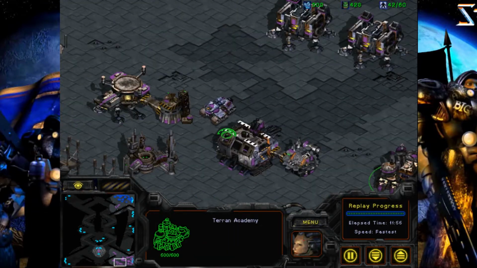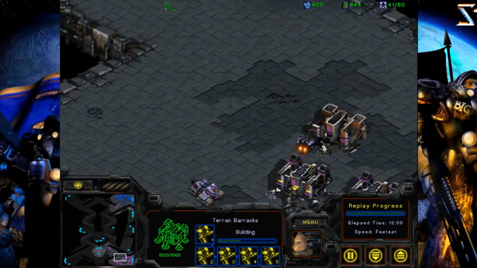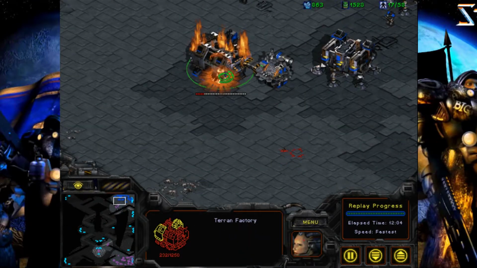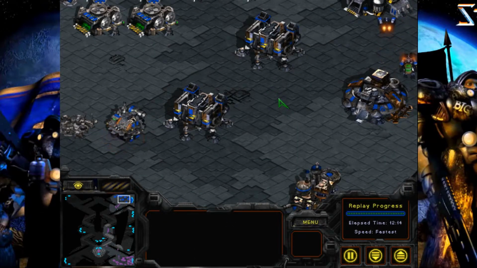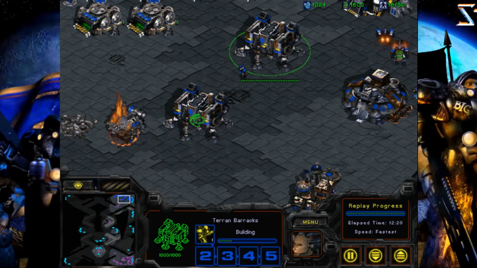Don't know if I got the range upgrade. Another one. There you go. There's the Wraith finally popping out. Got the other barracks down. And that's pretty much it, because at this point he has no army units left. There goes his factory. And these 3 Marines, well, I don't think they're going to last overly long. And bye-bye. Taking out the machine shop there. I've got a couple more Marines still on the way out, but